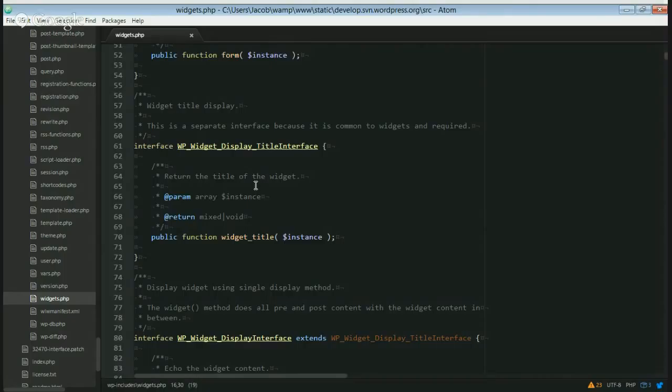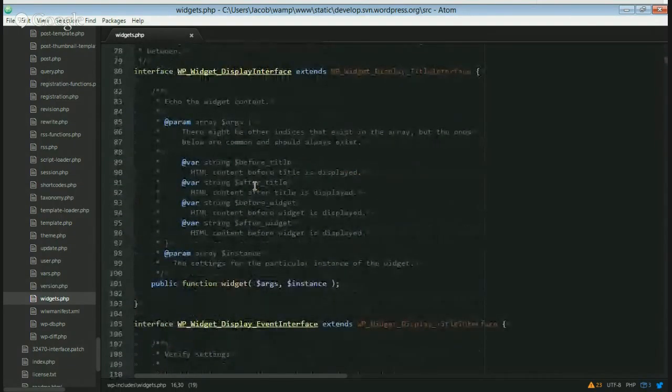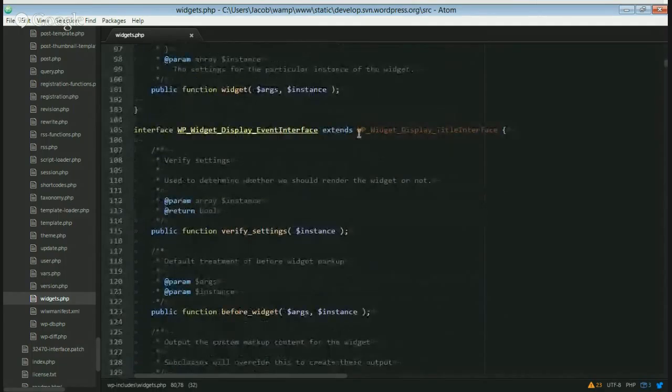But the existing and the new both have something called a widget title that is necessary for both contracts. So down here, this is the current one. It just has a widget, which displays the content. Really, this should be a render as well. But it requires the widget title contract as part of it, as well as the new, which also requires the widget title method. And my hope is that